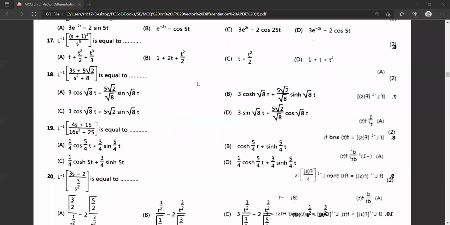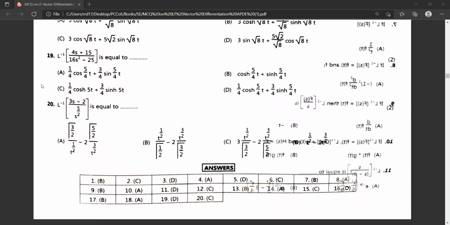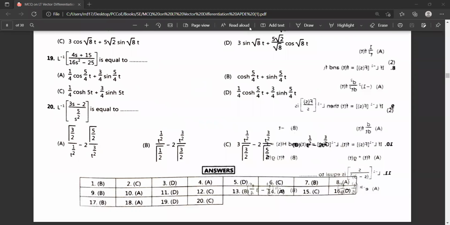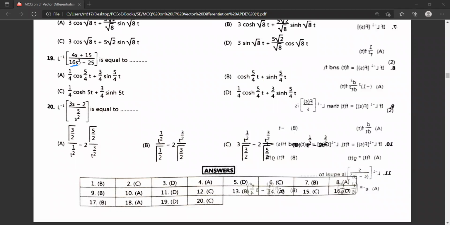So at least you should be able to solve the question based on the standard formulas. Standard formulas are very easy. If you are comfortable with them, then you can go to the shifting properties and all these things. Okay, I'll just skip this question. This question you can do, just separate the terms and you'll get the answer. No, there is a little bit of adjustment. I'll tell you this one.